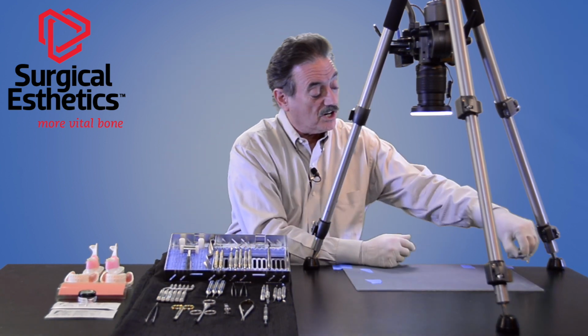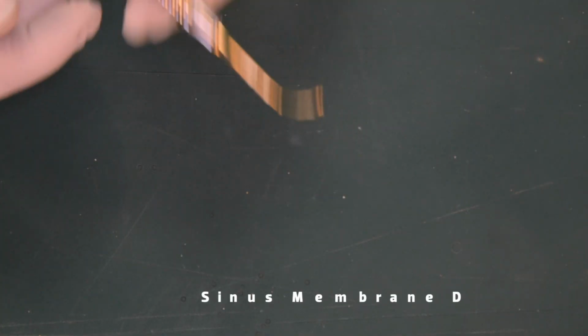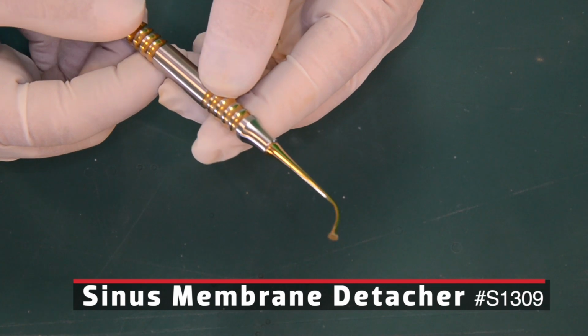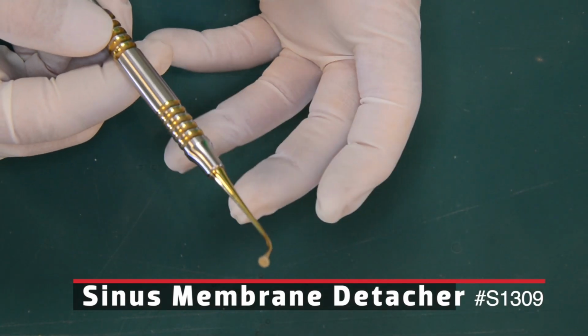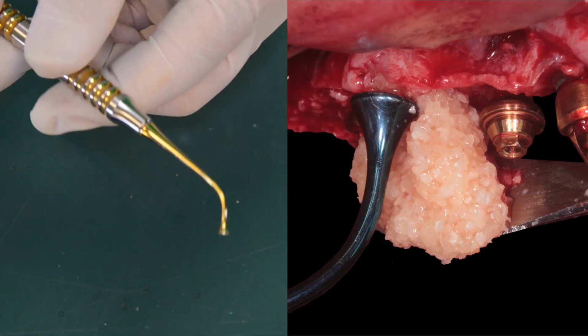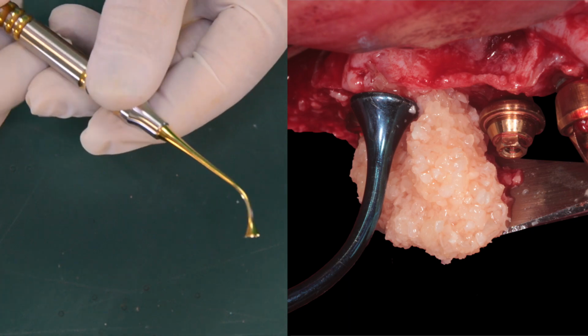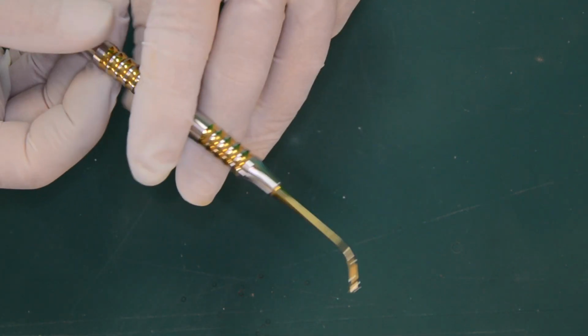The next two instruments are ones that we use to pack or condense the bone graft material. And as we previously discussed, when we're placing the bone graft material, we don't want to over condense it. So we're really lightly condensing it. This particular instrument is also used in our sinus lift procedures, but it works really well to place graft material